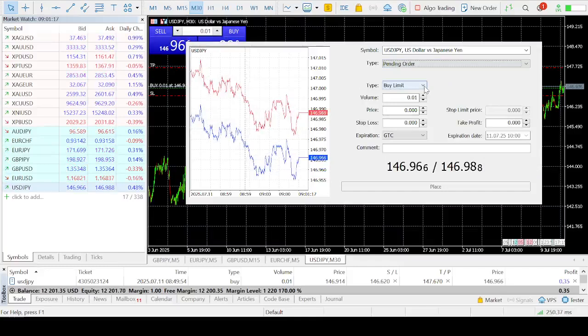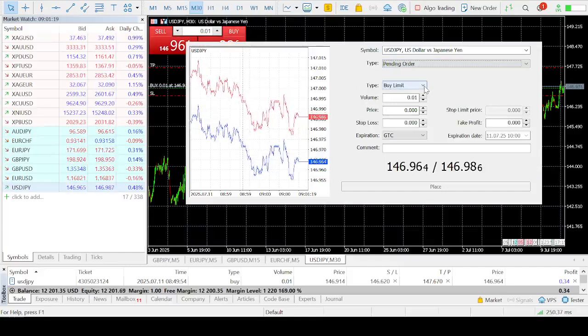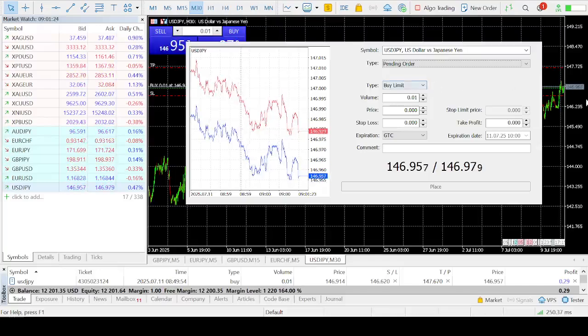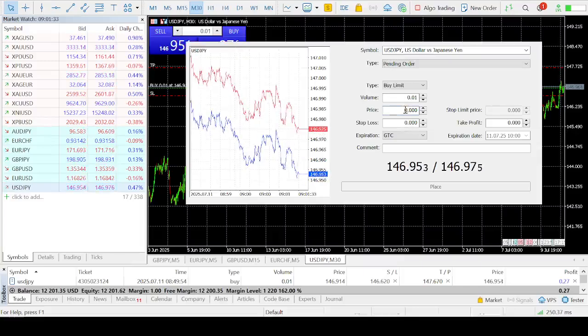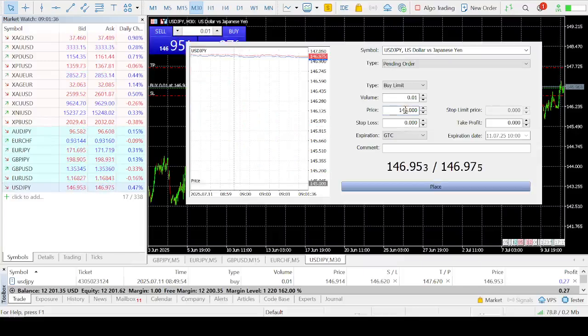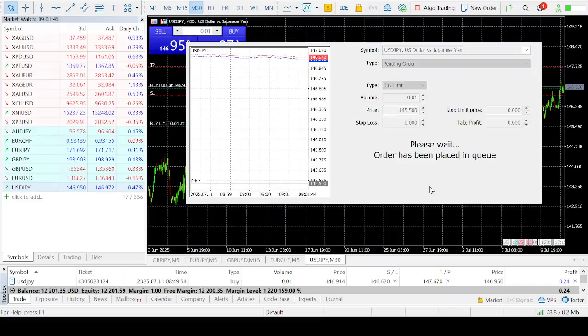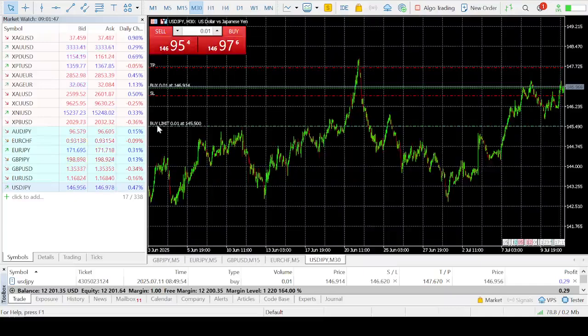now if I click on buy limit, buy limit is what I want to click. Now we said that buy limit means that we expect that the market will come back to our position. So I can look at the price here. Maybe I said that the price will come back to 145.40. So I'll put the price 145.50. Now it shows place. Now if I click on place, you can see here now it wrote buy limit 0.001, which is the volume,